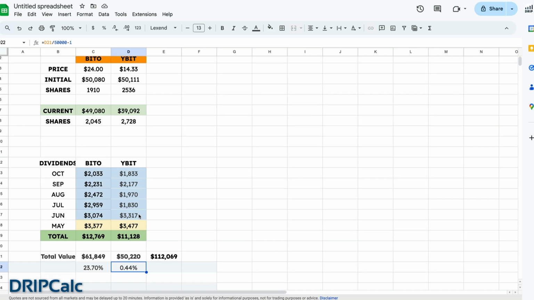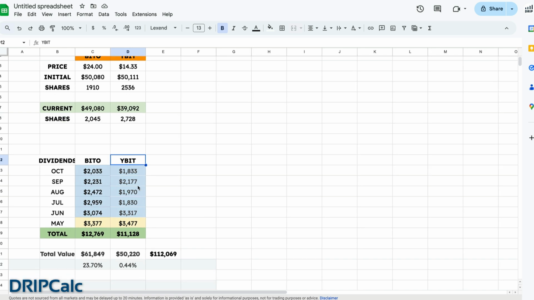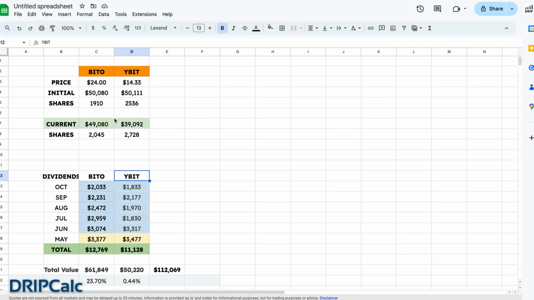And so YBIT is in it, and yeah, it collects dividends, but the biggest buyer of YBIT is actually YieldMax themselves. I've shown that in a different video when I was doing dividend predictions for YMAX and YMAG, and you can see clearly that they're the biggest holder of YBIT, which is completely insane. So anyway, YBIT is garbage. You shouldn't be investing in it, and even long term,